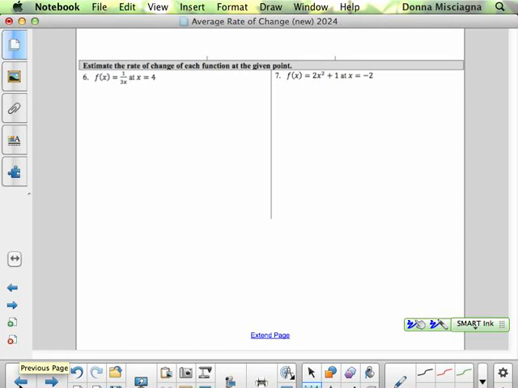All right, so we're going to estimate the rate of change at the given point. So I'm going to put in a number that's like 1,000th less and 1,000th more. So we're going to need to find f. So our rate of change at x equals 4 is approximately what we'd get for f of 4.001 minus f of,